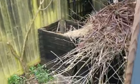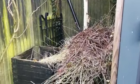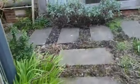So the other side of my studio, which is a lovely space to have. Here on the other side of the studio, I have my compost bins, as you can see, overflowing at the moment, which I'm not quite sure what to do about because I'm assuming that the tips are all closed. And then if I come this way,